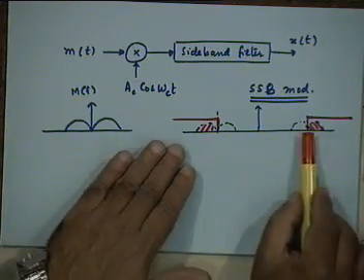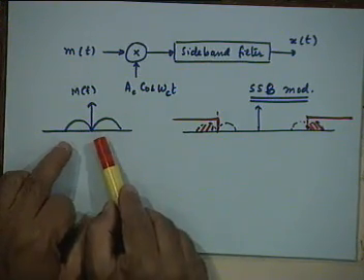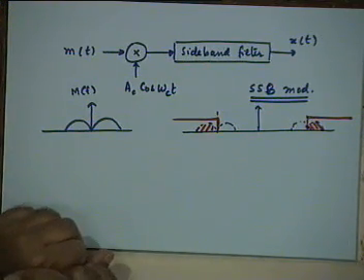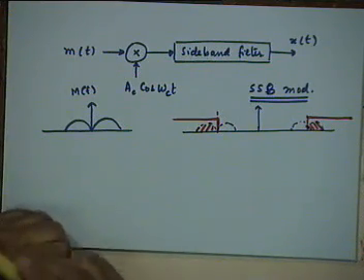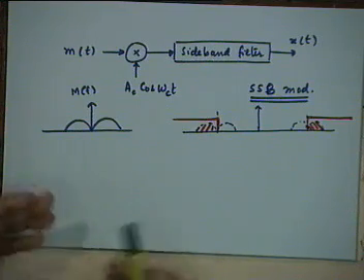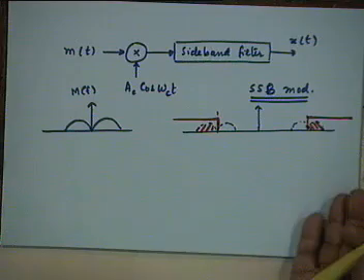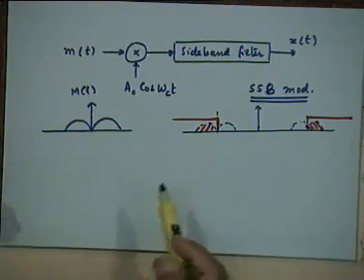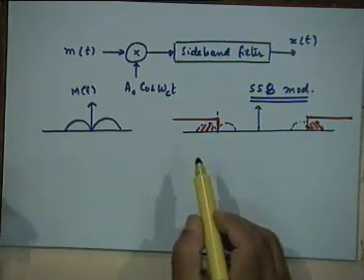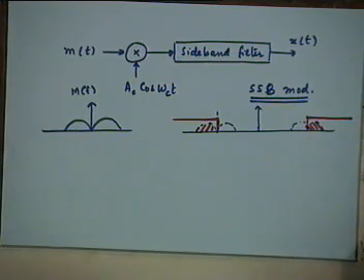Suppose we retain the upper sideband. Now how do I get the baseband signal back? How do I do the demodulation? Can anyone suggest? Because if I can't demodulate, then this whole exercise is a wasteful exercise. It doesn't help anything, right? What should I do as a demodulator? Any answers? The demodulator remains the same synchronous demodulator that we had for DSBSC. Absolutely no difference.